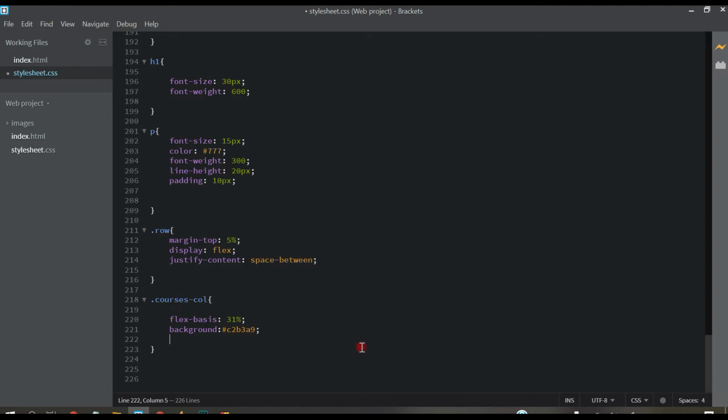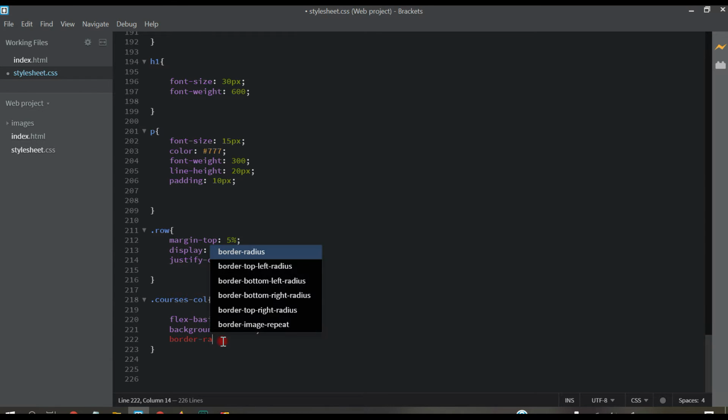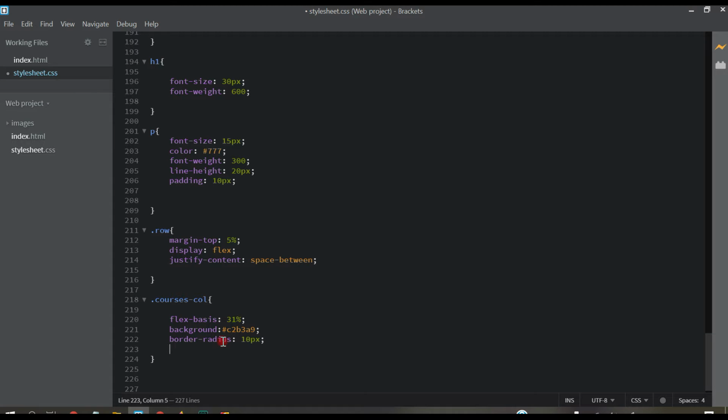Okay guys, border-radius, margin-bottom 5%, padding 12px 20px 12px, box-sizing border-box.